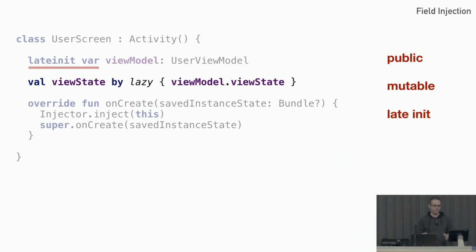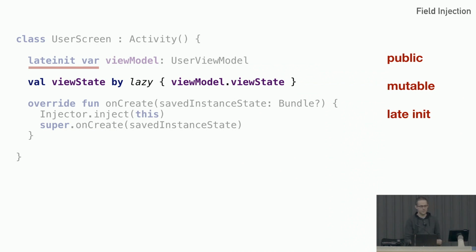You might have an observer that's trying to reference this late init property before it's actually set. There's just so many problems that can happen because of late inits. And one thing that you could do anytime you wanted to access that late init would be to wrap it up in a lazy delegate.